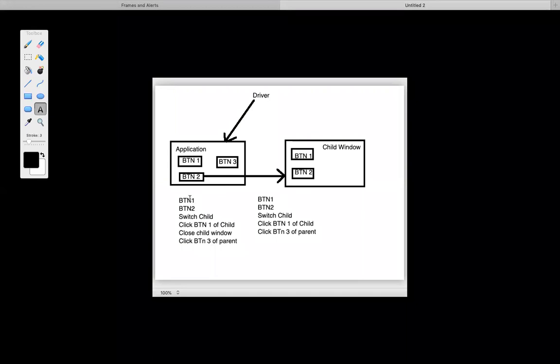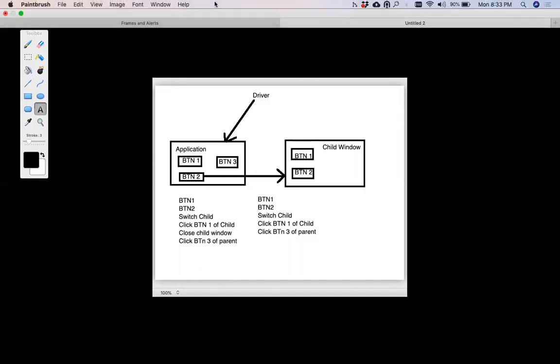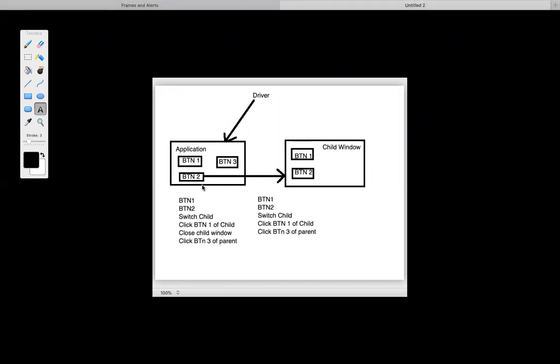So what I'm saying is, let's get back to the basics. No, close means I'm not coming back. Coming back is something else. When I say switch to child, it means I'm switching. Close means closing. Driver dot close. I'm not saying switching back. So again, when I click on BTN1, I'm pointing to this application. I click on BTN2, that will work. I switch to child, I click on BTN1 of child. Again, it will work. Very good.